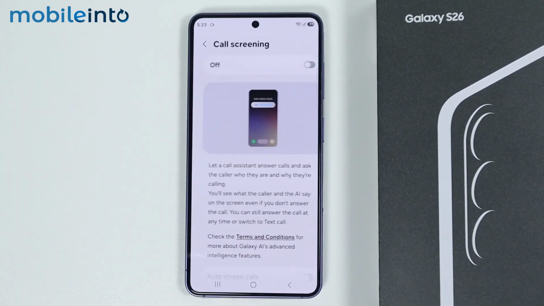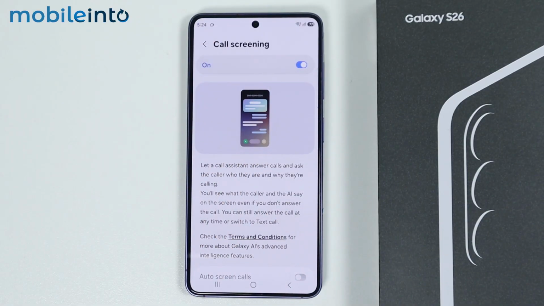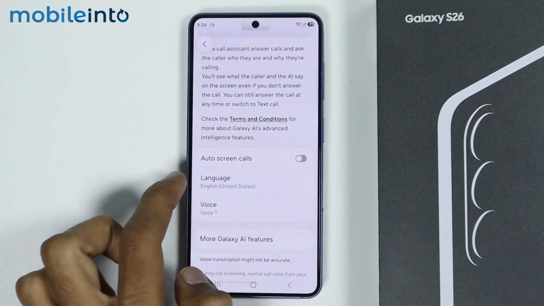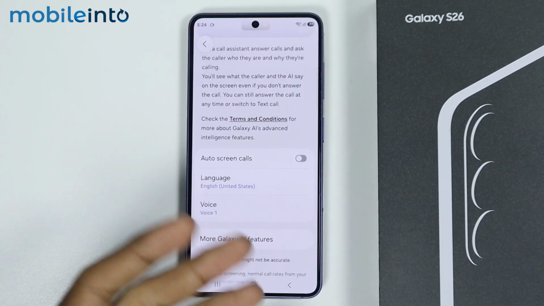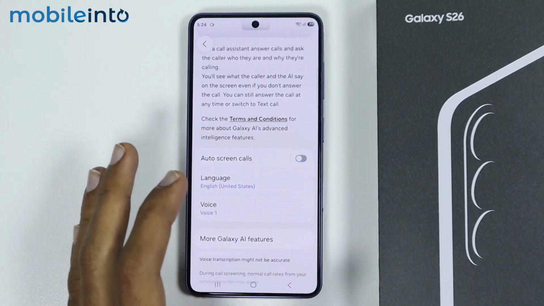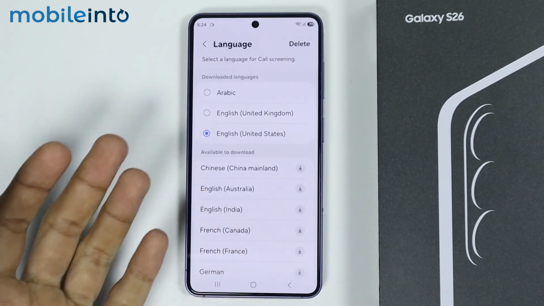top of the screen. Now just tap on it, and from here just enable this toggle to turn on call screening. After that, if you scroll down, you will find the option for auto screen calls. Now, if you want your Samsung phone to automatically screen all the calls, just enable this toggle, but I'll keep it disabled for now. After that, just tap on language, and from here just select the language pack which you